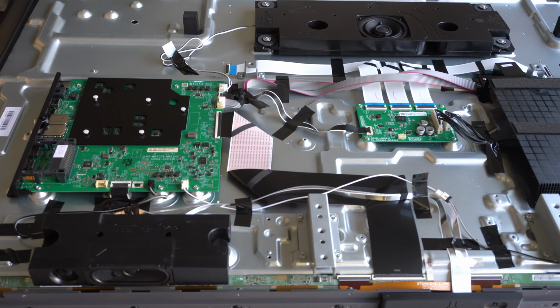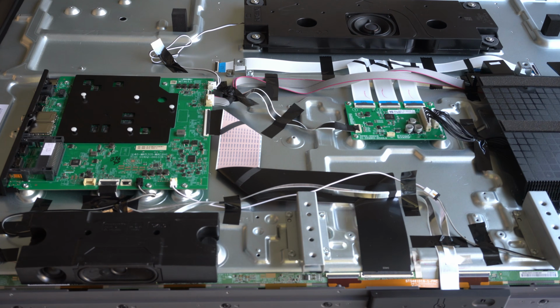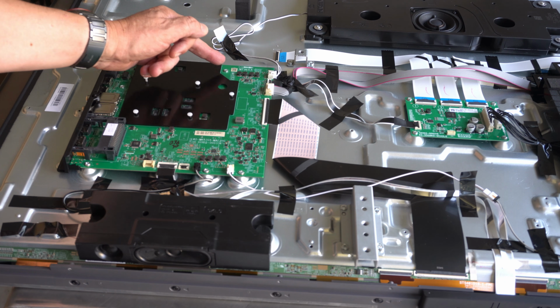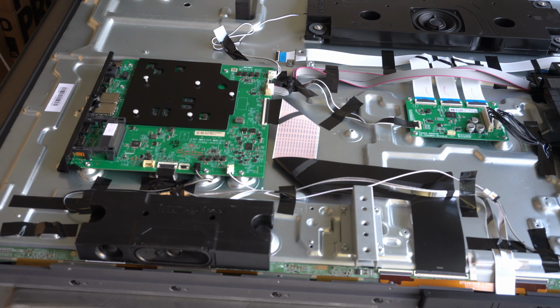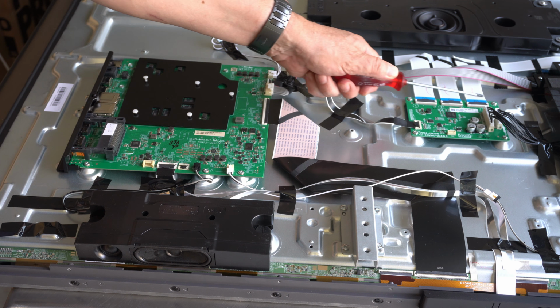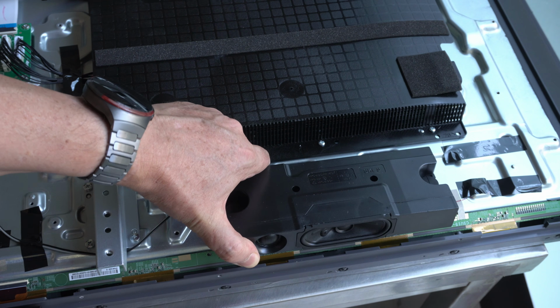So we remove the back panel of the TV, which required removing a few screws. Here is the main board of the television, and underneath here is the processor. Here is the Class D amplification for the speakers, this one here and this one here. This is the driving, and the same applies to the other side. We have the same configuration,